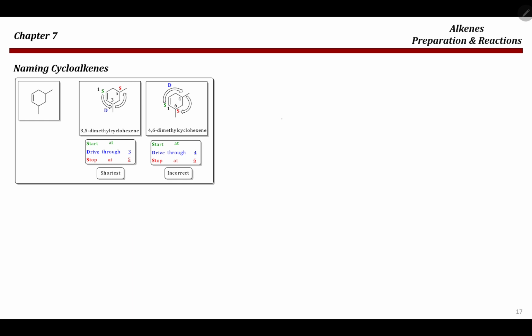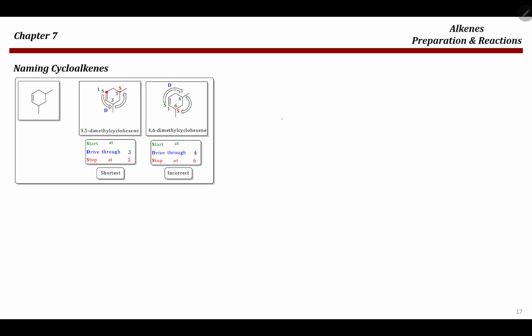More examples. Now, in this case here, there is no branch at the double bond. If there is no branch at the double bond, then you have to try 2 options and then see which one gives you a smaller set of numbers. For example, if I consider this carbon to be carbon number 1, and remember, the double bonded carbons should always be 1 and 2. So you cannot say that this branch, for example, is number 1. It's impossible. So if I assume that this is going to be carbon number 1, and I drive through the